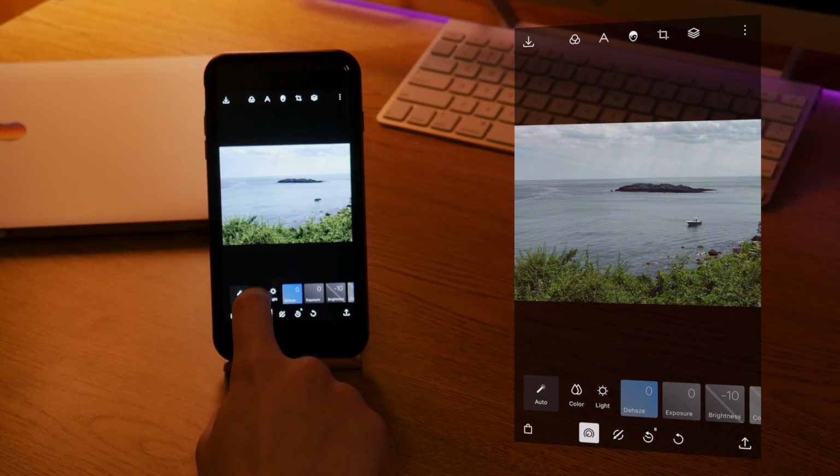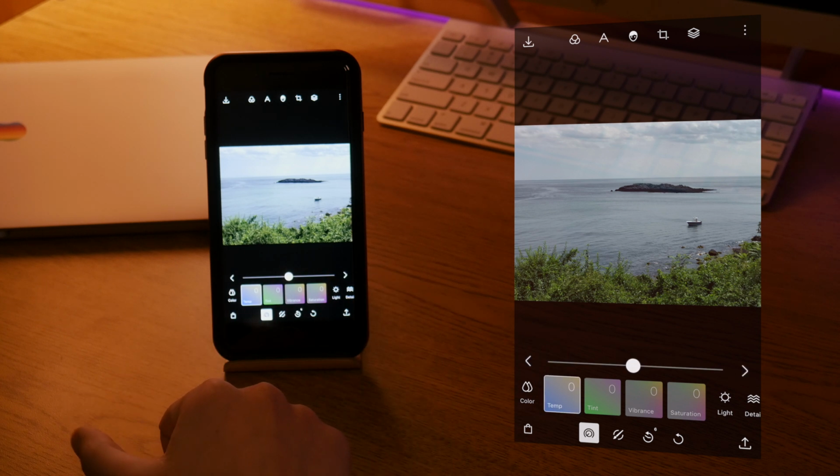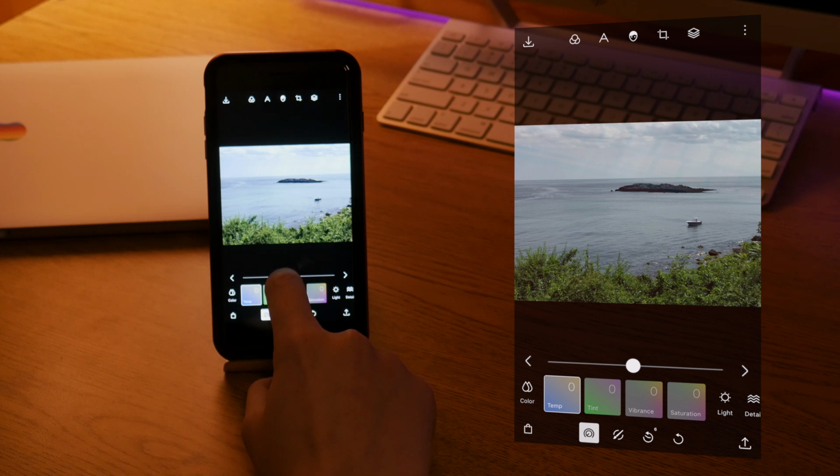So if we head on over here to the color tab, we can change the temperature, tint, vibrance, or the saturation. I like to start out with the temperature. So the temperature, we're just going to drag this up, and if we drag it to the right, that makes it a bit more warm. If we drag it to the left, that makes it a little bit colder. In this situation, I'm going to leave it a little cold